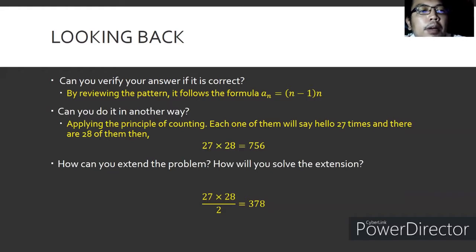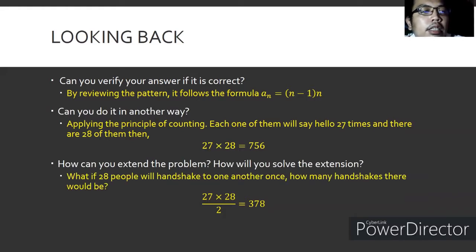How can you extend the problem? I could extend it with this one: if 28 people will shake hands with one another once, how many handshakes would there be? My solution would be 27 times 28 divided by 2, since for every 2 people there is only one handshake. And I guess that's